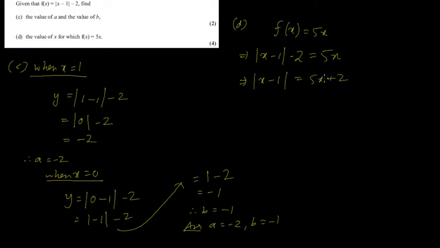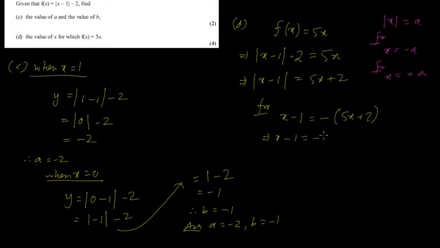Now to solve this, the rule is, suppose you have absolute value of x equals a, you solve this equation by saying x equals minus a, and then you say x equals plus a. So when you remove it, this value can be plus or this value can be negative. So here what we have to do is write it twice. So we rewrite for x minus 1 equals minus (5x plus 2),